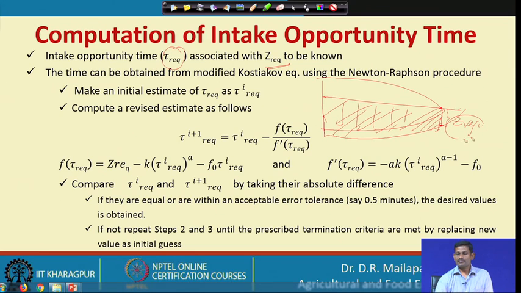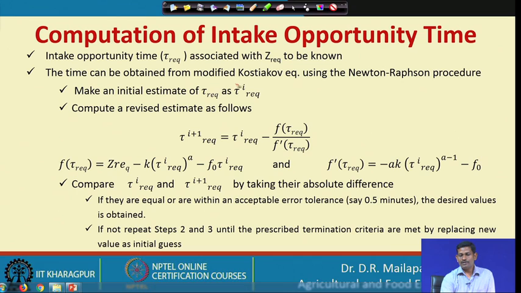Okay. So, that is called Z required. We are expecting the vertical infiltration to reach the Z required point. The time can be obtained from the modified Kostiakov equation using the Newton-Raphson procedure, as I explained. If you remember, this is the function of tau and its derivative function,